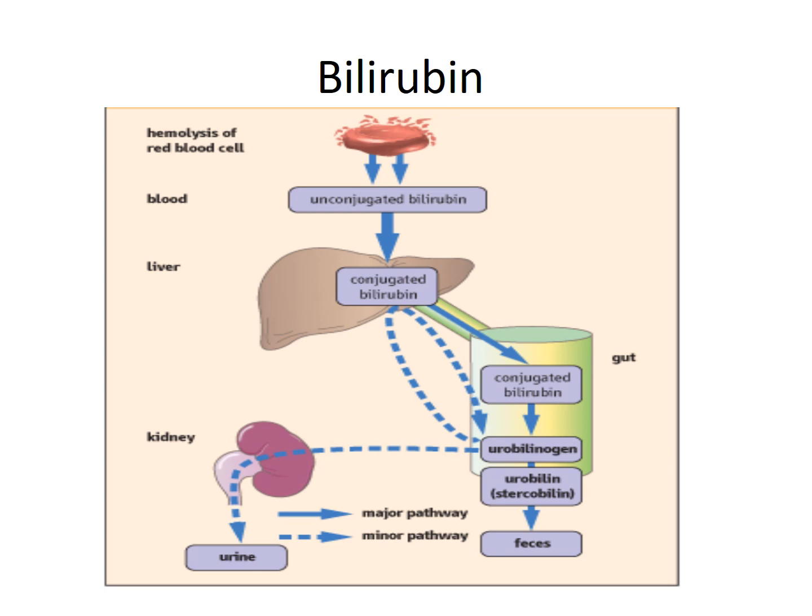Here, inside the hepatocyte, this pathway is the hepatic pathway. Then the bilirubin is excreted to the intestine by the bile duct, and the process of excretion of bilirubin is a